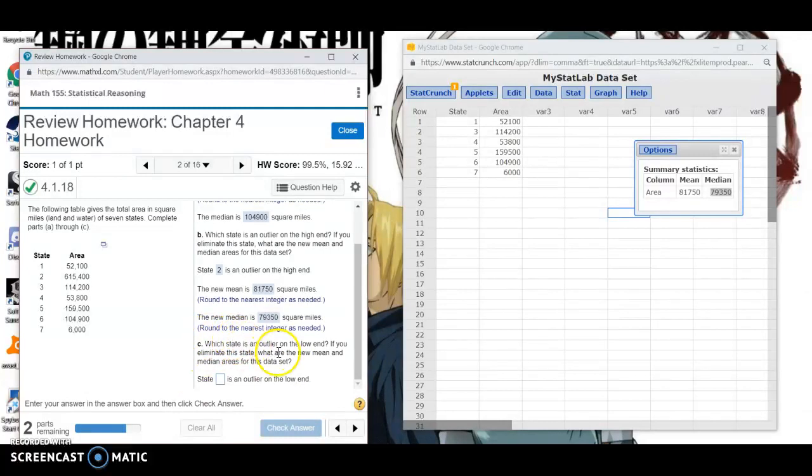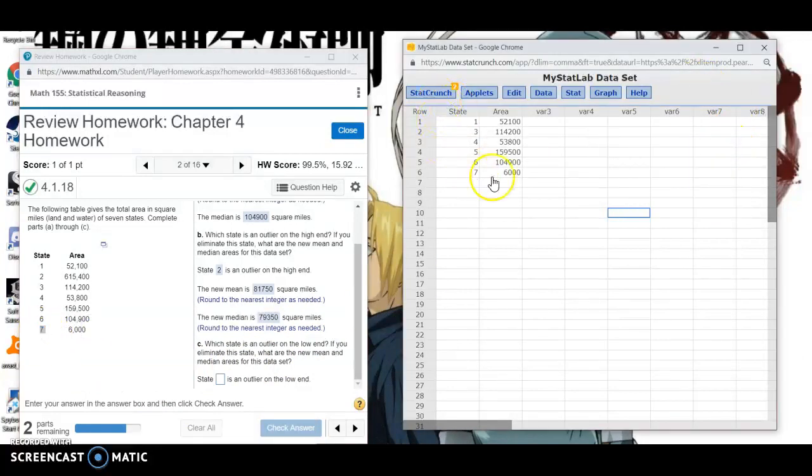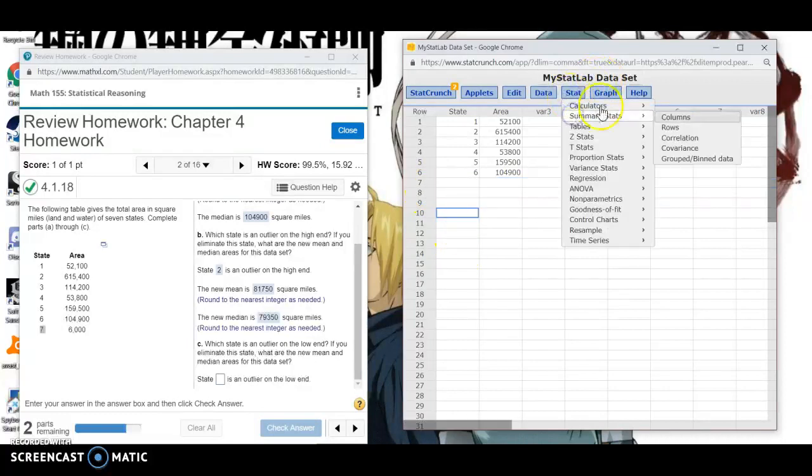C, which state is an outlier on the low end? If you eliminate this state, what are the new mean and median areas for this data set? Alright, so the small one is definitely number 7. I'm just going to exit that one out, and then push Control-Z to undo this deletion here. 2 is back, and then I'll just click this, drop down by 7, click delete row, stat, summary stats,